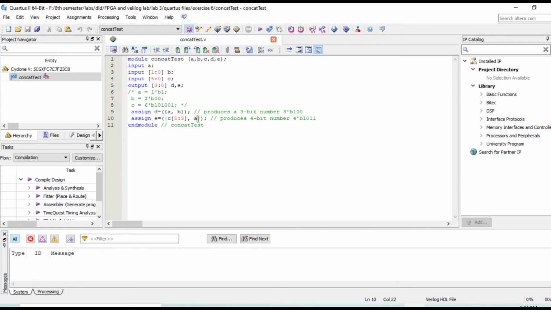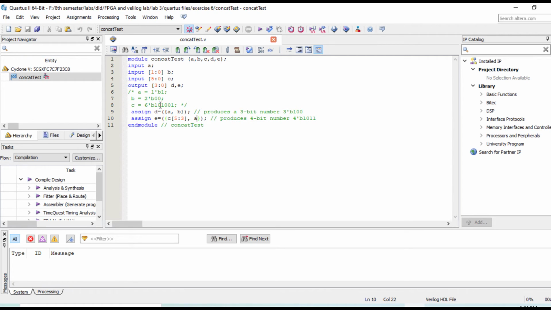And here you can see I declare bits 3 to 5 of c. Here I declare the value of c in the comment. It is bit 0, 1, 2 and 3.